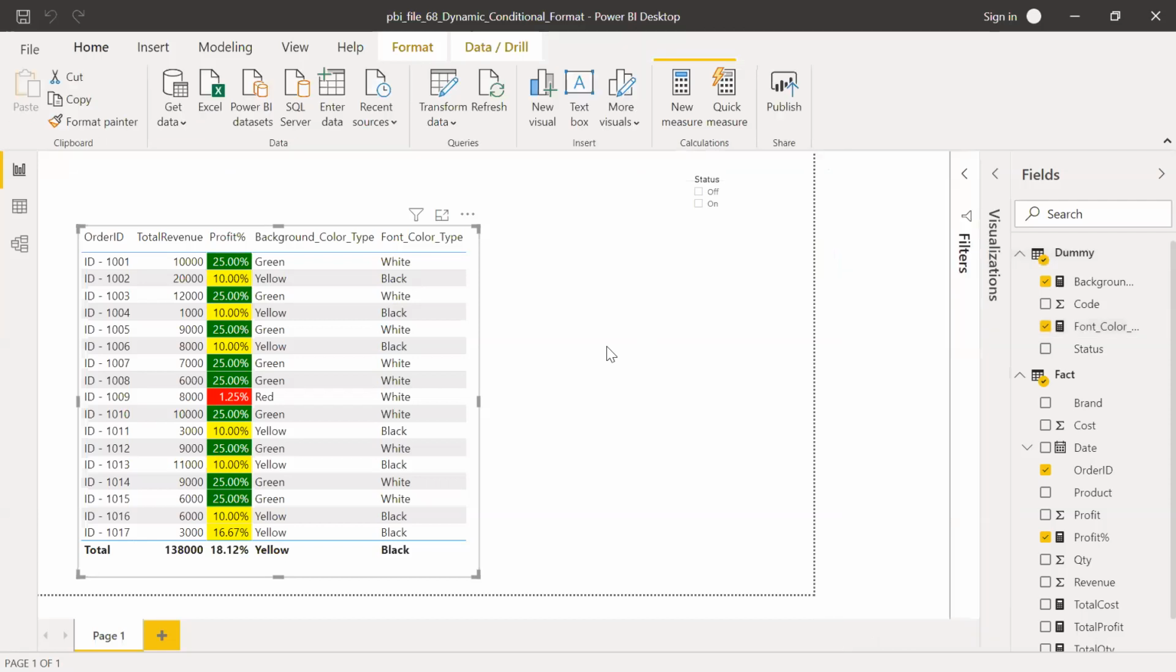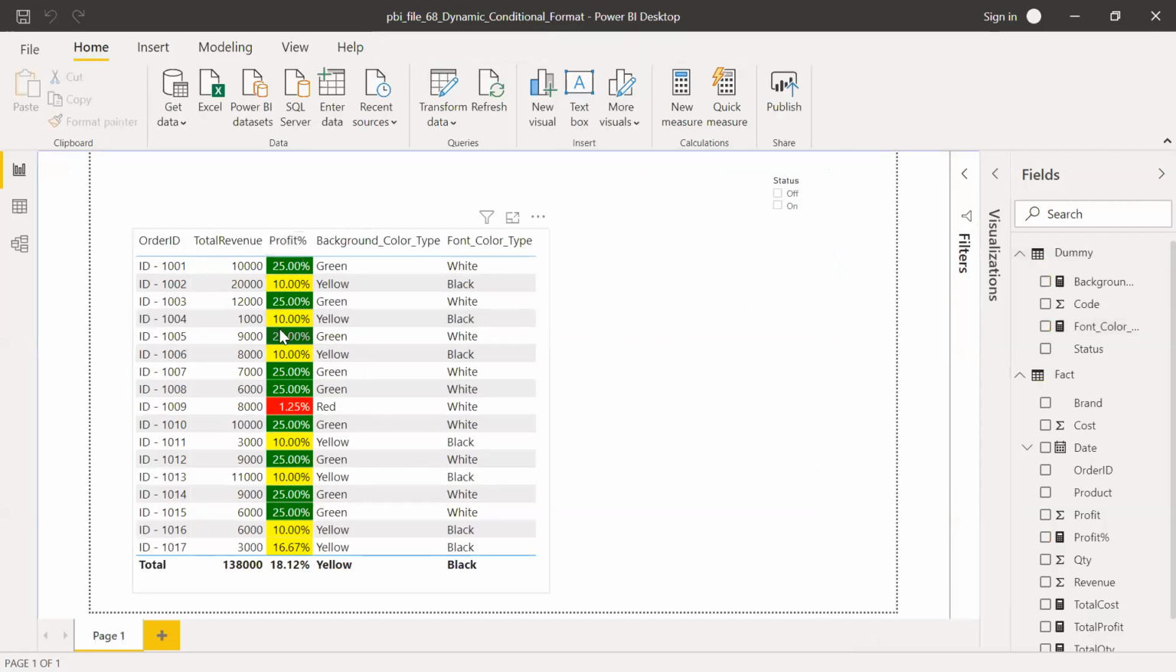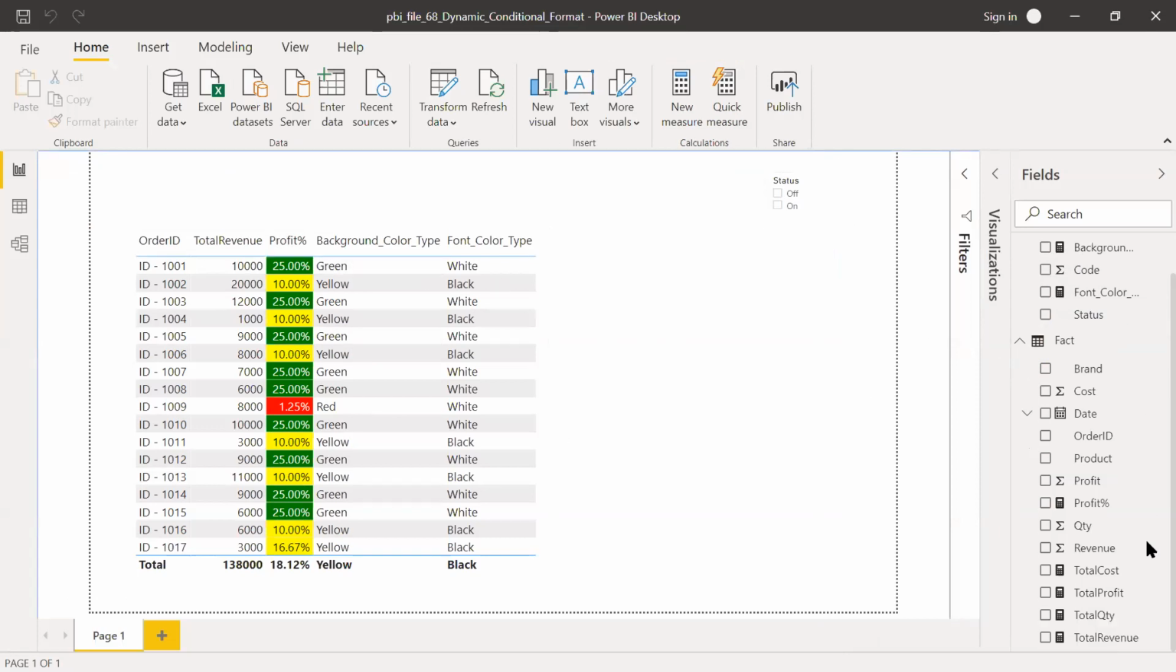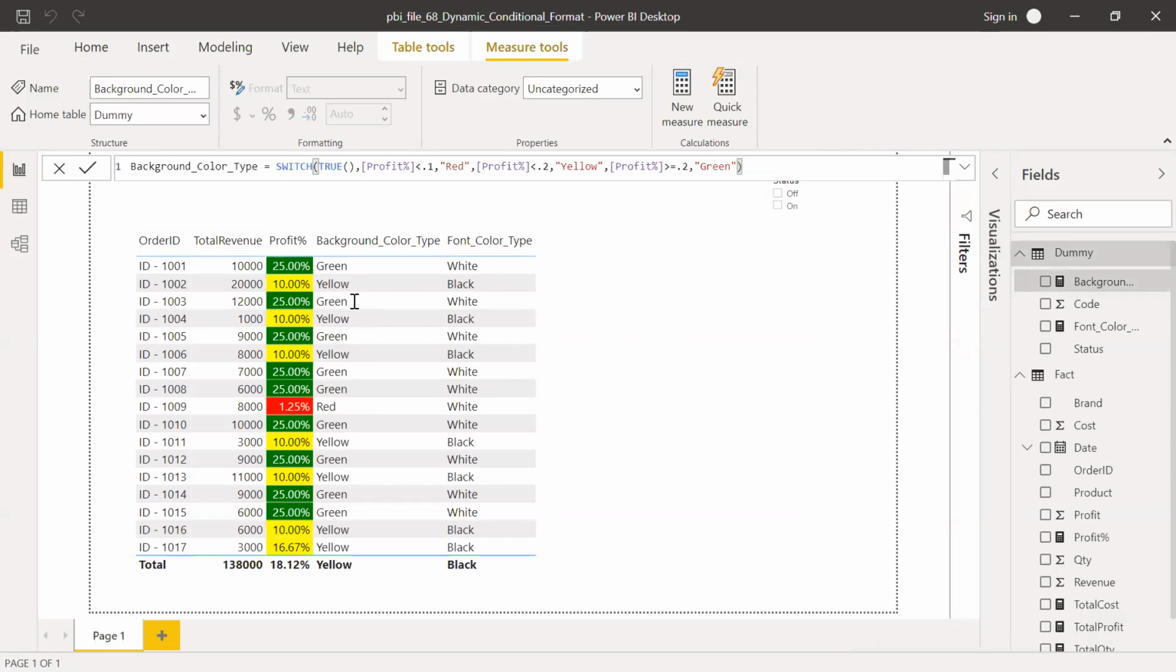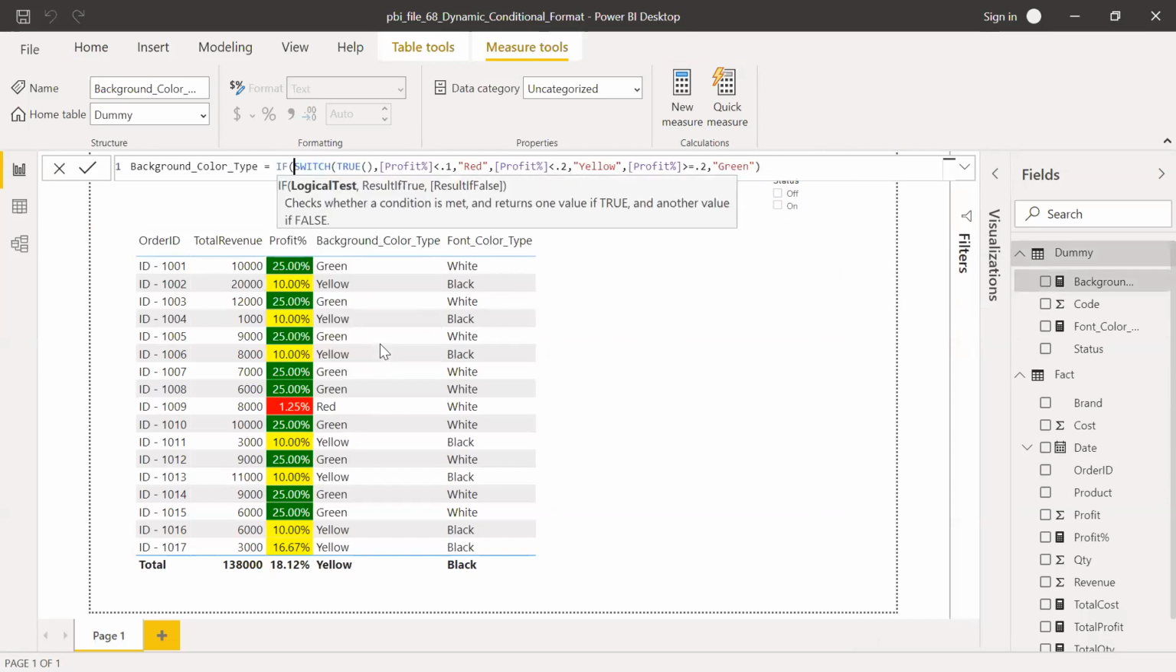And now let's say someone doesn't want to see the conditional formatting. So they want to turn it on or off. So what I have done, I have created a slicer here. I have added the status to the slicer. And now I'm going to use this slicer to turn my formatting on or off. How do I do that? So go back to my background color and I'm going to use the IF function here. If, okay, the code, if